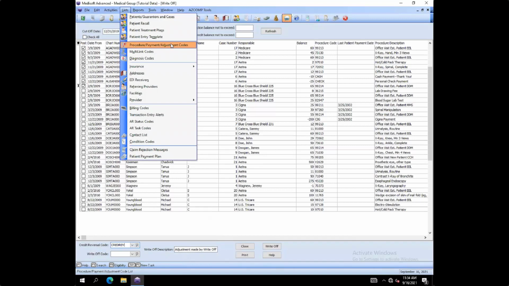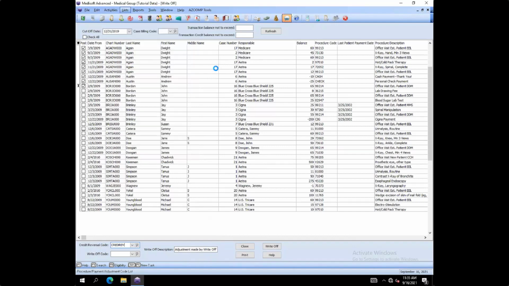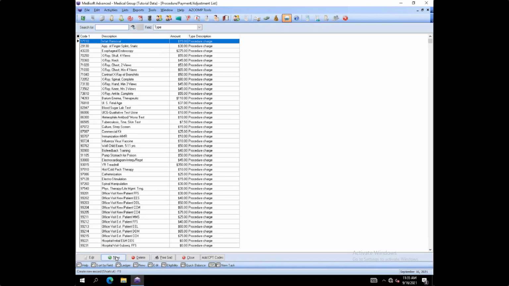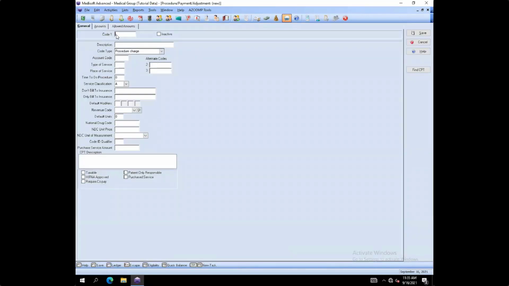So if you don't already have a credit reversal write-off code in your list, you can go to your List menu, Credit, and then go to Procedure Payment Adjustment Codes. In the bottom left corner, all you have to do is click the New button and you'll create your code. In my example, I did CRED REV, short for credit reversal